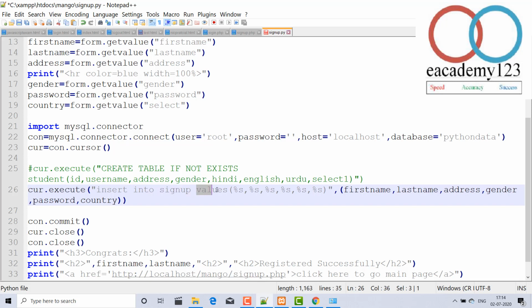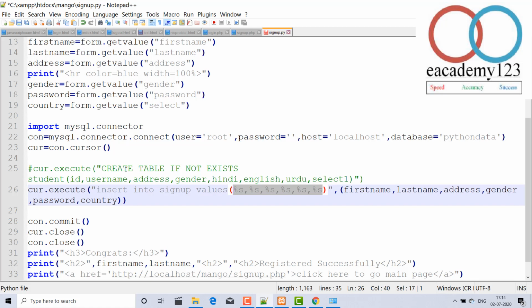It is table in values, with percent s for string variables. Whatever is stored in first name will be stored in the first percent s column, then last name and address will be inserted, so all these will be inserted automatically whenever the user enters them from the front end, from HTML or PHP.